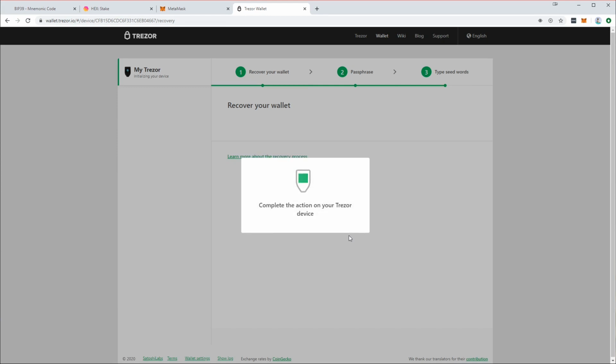So I'm just selecting that I'm going to use 12 words to recover it. It's come up with a choice of 12, 18, 20, 24, or 33. So we've gone with 12. That's how many words we have on our MetaMask seed. And we're just going to go through entering the seed